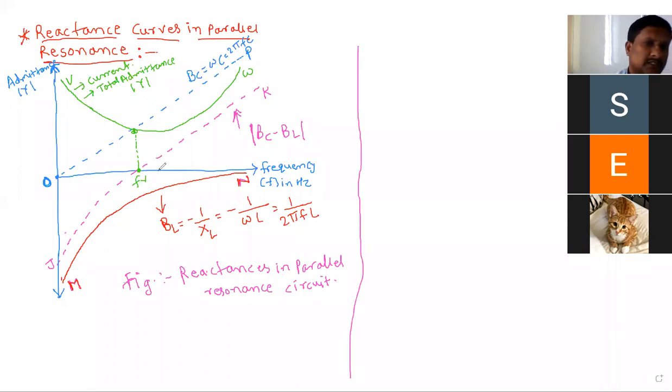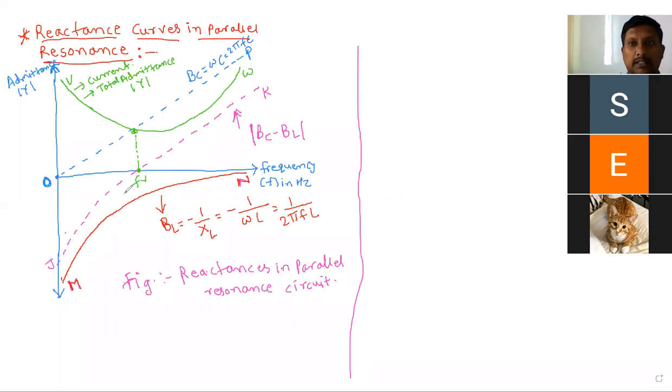So these are the different reactance curves. Only one time the question was asked based on this point. Draw the different reactance curves in a parallel resonance circuit. This question was asked for 4 marks, and you have to explain it. What are these reactance curves? Reactance curves are related to admittances. Different admittances we have to consider: total admittance, inductive admittance BL, capacitive admittance BC, then the difference between them, BC minus BL. So you have to talk about the different admittances, draw them, and explain those things.